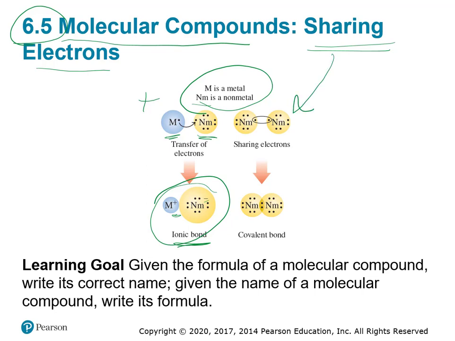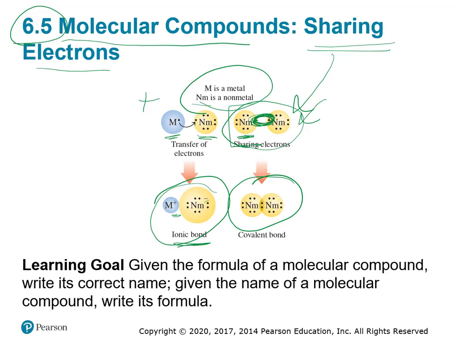But with covalent compounds, we share electrons. Notice how the nonmetal on the left has one outermost electron that is unpaired, and the one on the right has one that's unpaired. So we share those electrons, and therefore the guy on the left now has 2, 4, 6, 8, and the guy on the right has 2, 4, 6, 8. So they each have 8 by sharing that middle one,